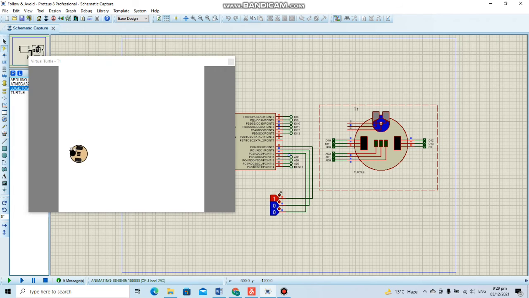So now as you can see, when I gave high to the first pin, we can see that it is now rotating. Similarly, if I only give the center pin, it will continue in the forward state. If I do this, it will turn to the other side. If I give these, it will continue in the same state, the center and the side. And then if I give none,